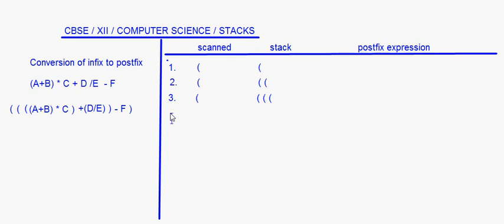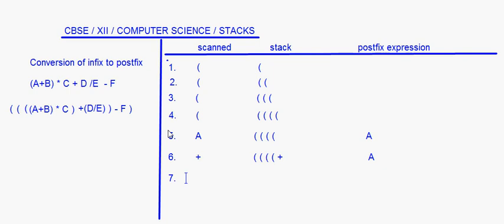Now the brackets. You have got four opening brackets. So the fourth step here is again one more bracket that comes into the stack. All the opening brackets will come into the stack here. After that, the fifth one is A. So A goes into the postfix expression now. Four brackets here, and here I write A. Then you have plus. Plus is an operator, it goes into the stack. Four brackets and then a plus sign. Here the postfix expression remains as A.